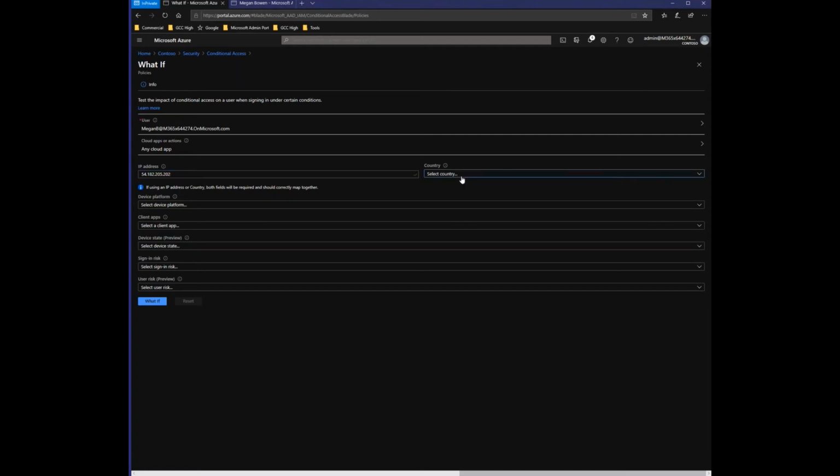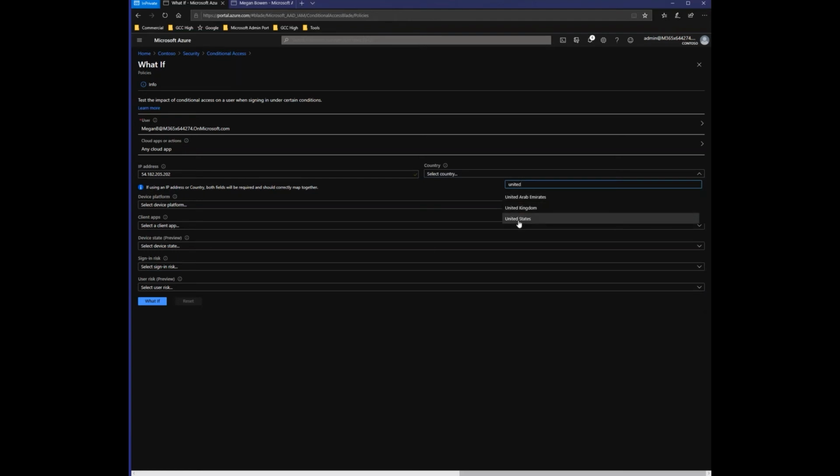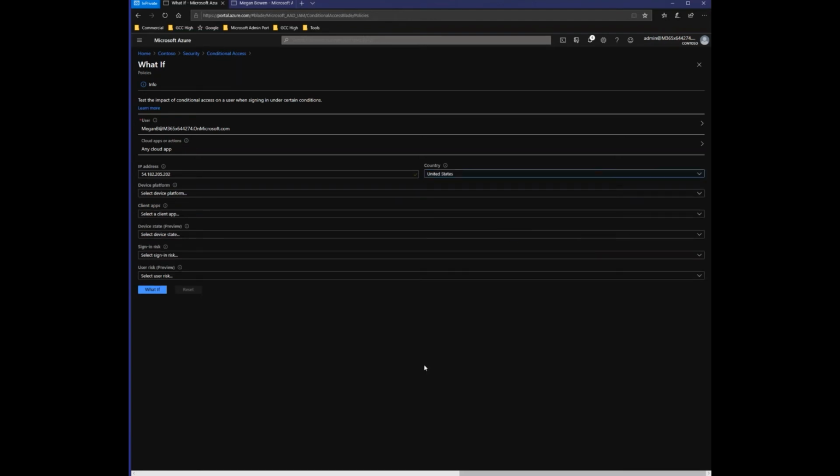And a thing to note here is if you put an IP address in here, you also have to put the associated country in there so that the what if tool is able to determine, one, if it's an IP address from that country, and two, what policies would apply to that. And for the rest of the settings here, I'm going to leave all else alone. And we're going to say Megan is just simply trying to log in from the United States from the corporate office. So if we click on what if here, you will see,